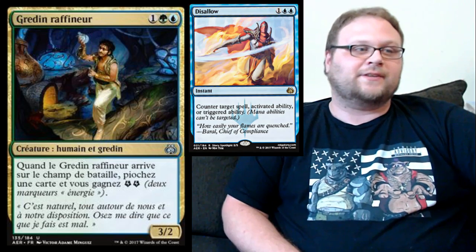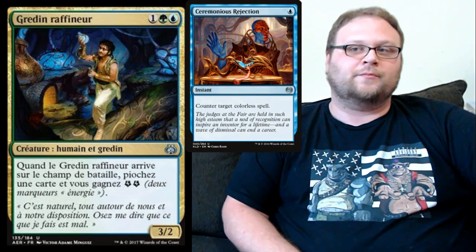Drawing a card is something they want to do, and putting a body on the field to block is something they also want to do, because those decks are going to try and go really, really fast and go up under Aetherworks Marvel. That's what it's looking like. That's what you have to do right now, at least. Either that or out-control them. Disallow, Ceremonious Rejection, stuff like that will be important against Aetherworks too, but